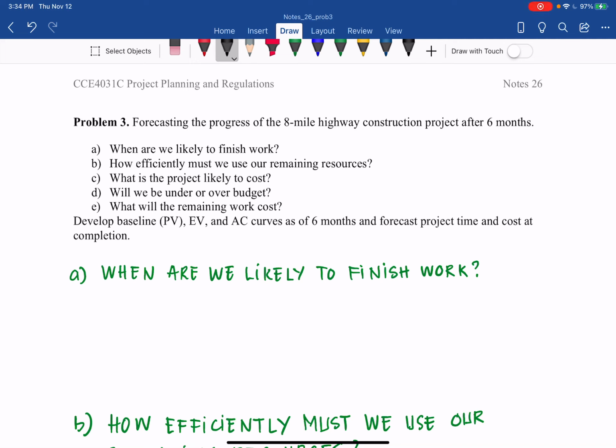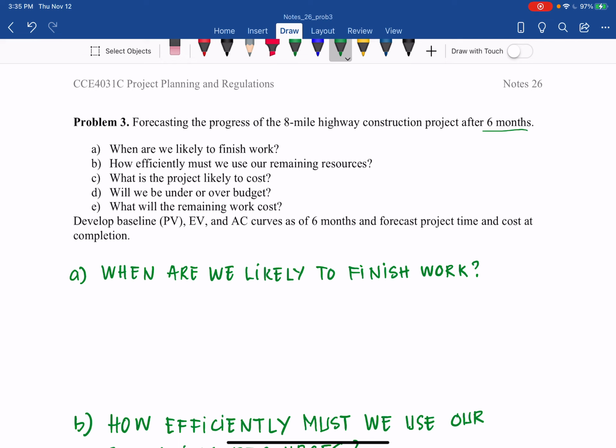Problem 3 continues with problems 1 and 2, forecasting the progress of the 8-mile highway construction project after 6 months. In the previous problems, we assessed the project at certain dates: after 2 months, after 4, and after 6 months. And now, after 6 months,